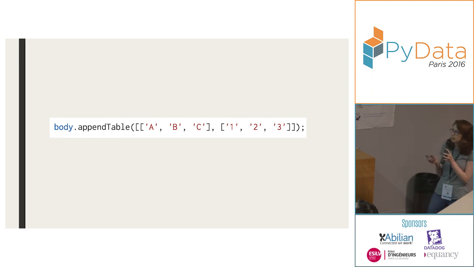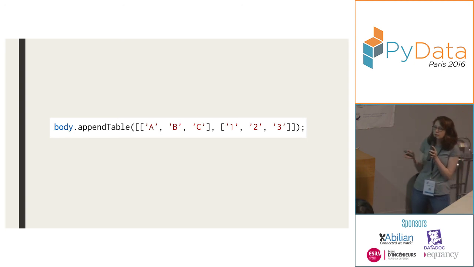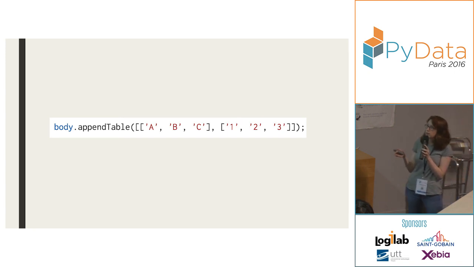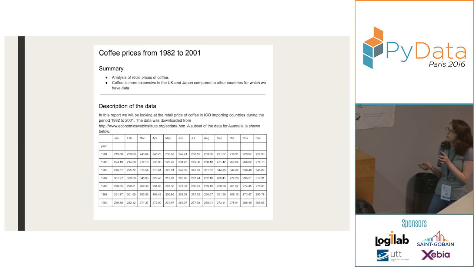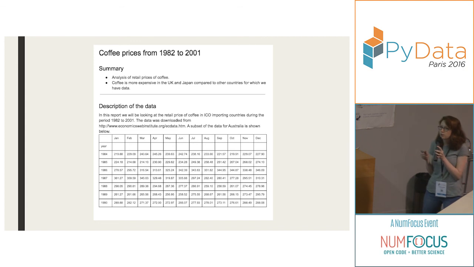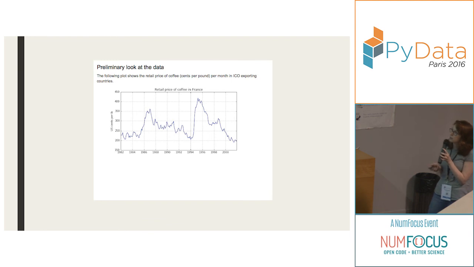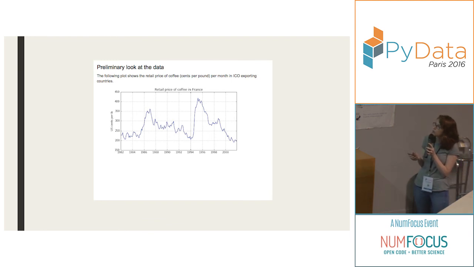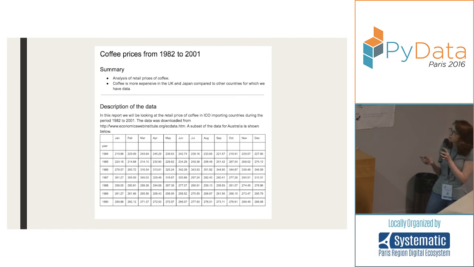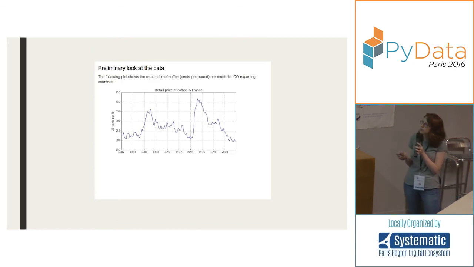So basically, I have a fairly generic script now, which loops through cells in the IPython notebook, and depending on the type, will append tables, figures, text, or headings to a Google document. And this is the first page of the Google Doc you get when you create a report from the notebook I showed you earlier. So we have a table, and then this is the second page. This is showing the retail price of coffee in France in the 1980s and 1990s. I'm sure we can make this prettier, but I was actually pretty happy with this.